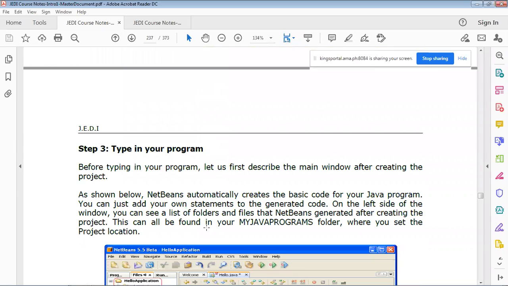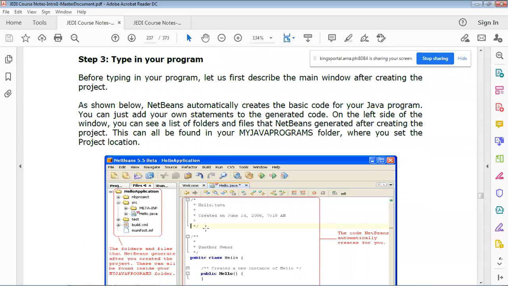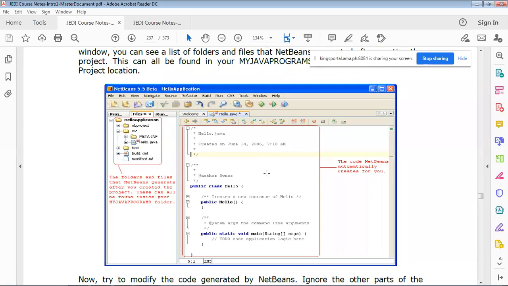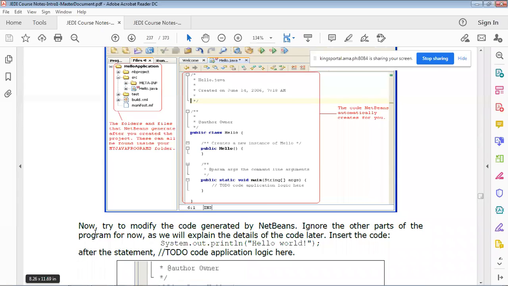After that, a new window will appear. We have the main class HelloApplication, or Hello. The public class is named Hello, then the default or general format of a Java program. Try to modify the code generated by NetBeans.